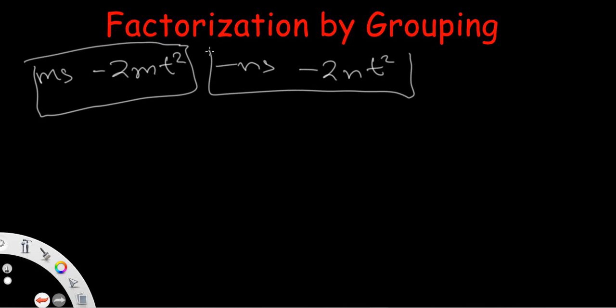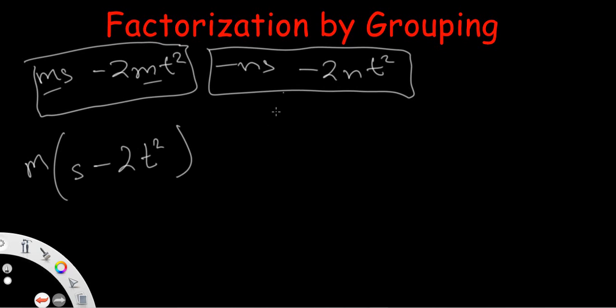MS minus 2MT squared minus NS minus 2MT squared. Okay, so again, group them. So here are the two groups. Now, in the first group, I see M is common, so I write M outside the bracket. I write S minus 2T squared, and that's simple. Okay, in the second group, I see N is common, but there is a little bit of change. Now, if you can see the third component of this whole expression, which is minus NS, right? This component here,